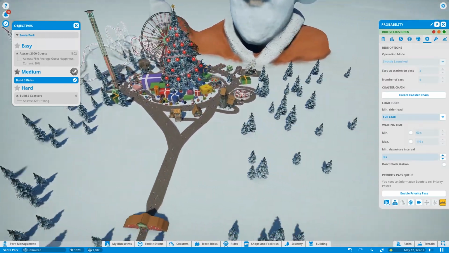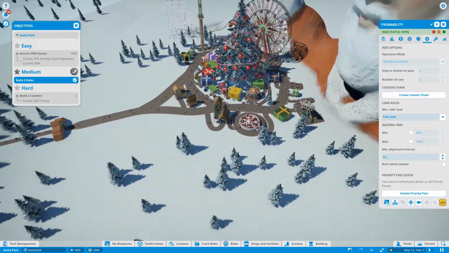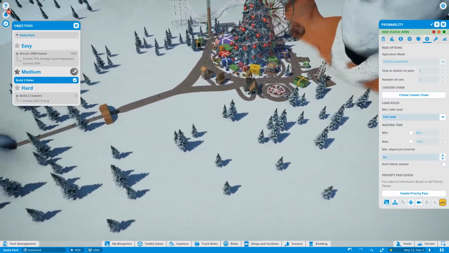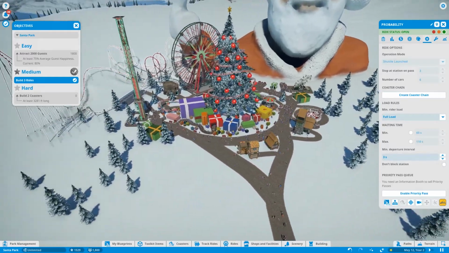Really? It's on to me. Oh, well, that's fine. We'll get our people brought in. And I'll build a coaster then. I will put my first one. Gosh, where am I going to put my first one? I kind of wanted to do one of those little... what